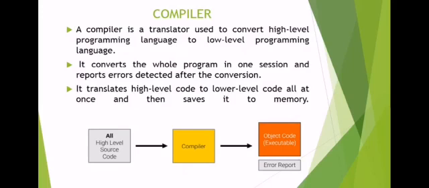For example, in the previous slide, I gave you the example of the recipe of a cup of tea. Now, your mother was telling one step at a time, and you were executing that. But instead of that, if we listen to the entire recipe at once, then we execute. That is the work of the compiler. The whole program is converted at once, and then the errors are detected. But in the interpreter, the line by line execution was going on.